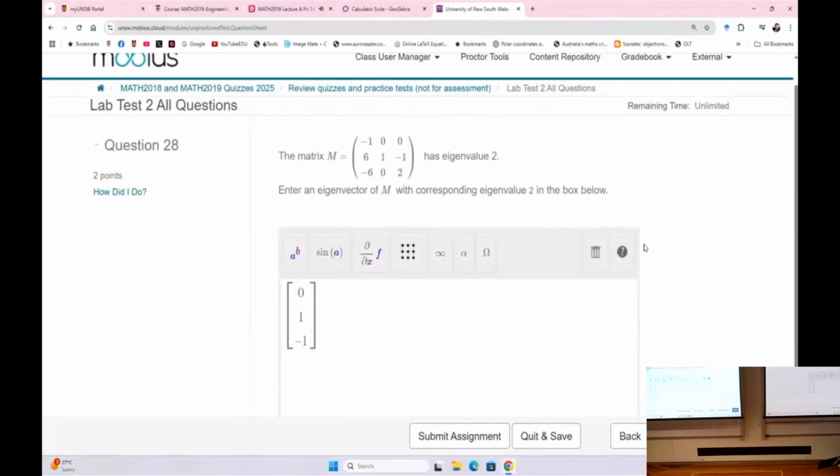Okay. So, the matrix, you're told, has an eigenvalue of 2. Now, it might be repeated, it might not be, right? It doesn't look like it's repeated by my answer. Find an eigenvector corresponding to lambda equals 2 in the box below. Okay, so